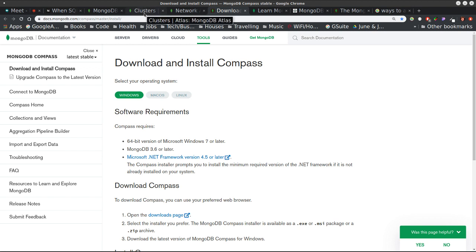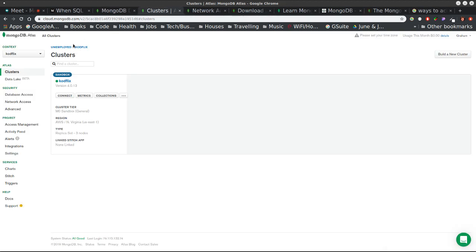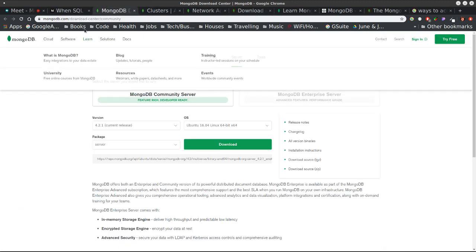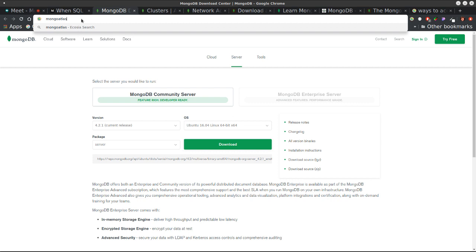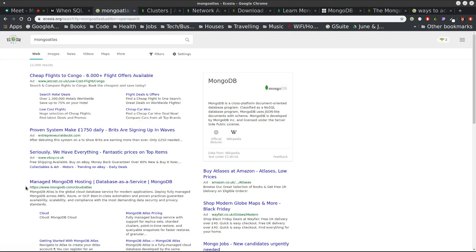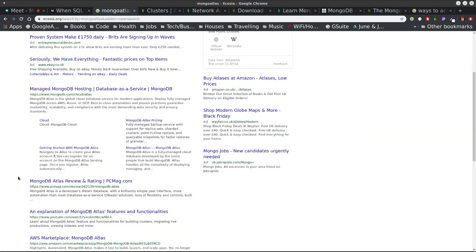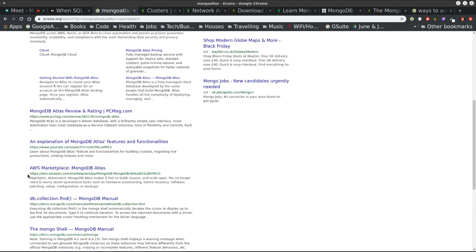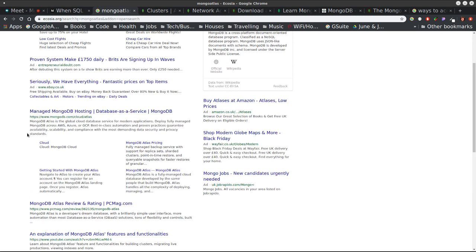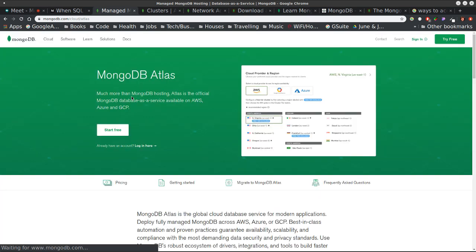Cool. One other option, and this is probably the option that is the most user-friendly, I would say, to begin with, because there's a few extra setup steps that you have to do to get these servers running on your own computer. But how about you just let Mongo take care of that for you, yeah? So they've got a cloud service called MongoDB Atlas, and where is the actual official one? That's the one. So it's a database as a service in the cloud,